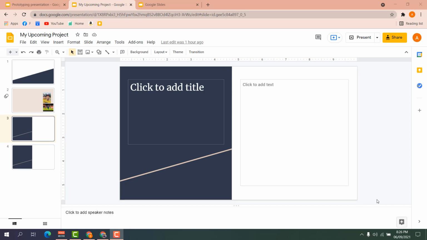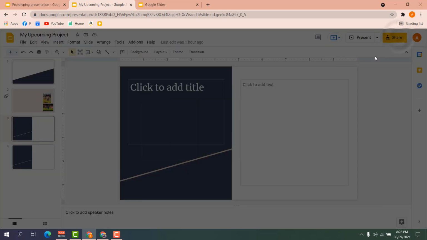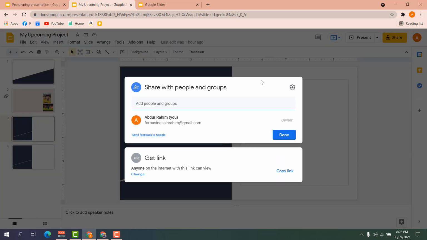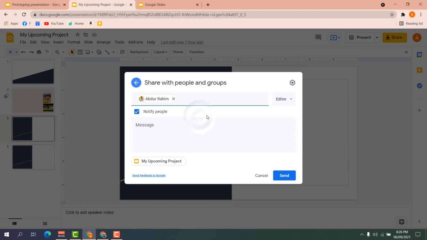One of the most advantageous features in Google Slides is that you can collaborate with your friends, family, colleagues who are not here. They may be around the world, anywhere. They can also join your slide, and you can give them some tasks to edit, modify or review the slide. So for that, you need to click here the share icon, and then here, if you decide to share with your friends, for example, let me type here my friend's ID, and then his ID is going to appear. If you decide to add more, you can easily type here an email address. Also you can type here, please